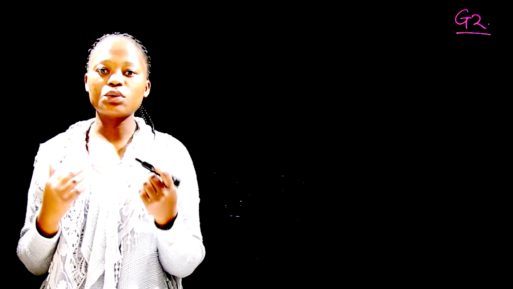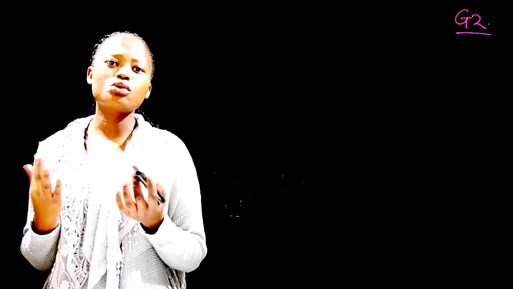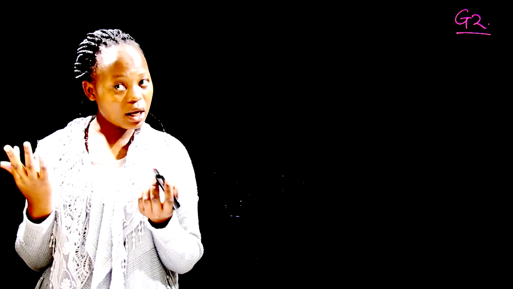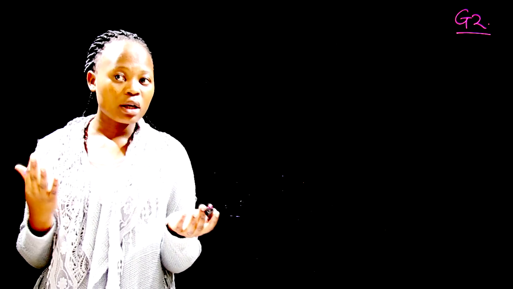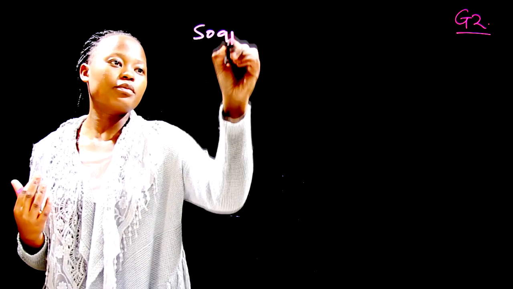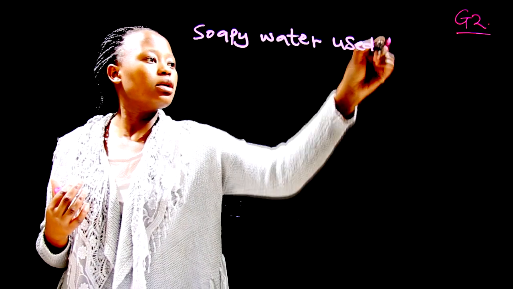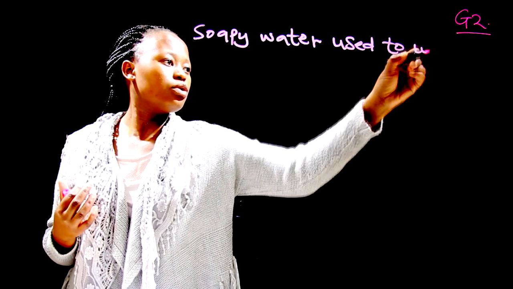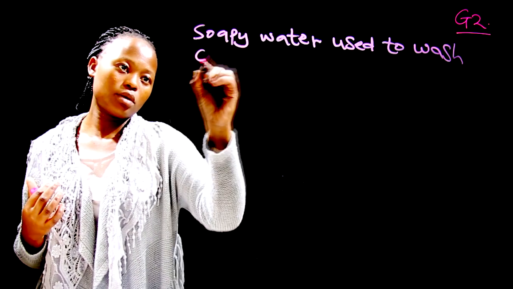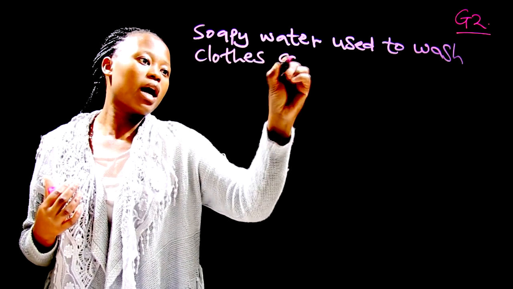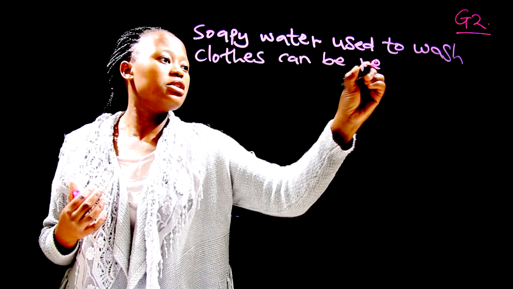Now we can reuse that water. For example, the soapy water used to wash clothes can be reused to do what? To wash the car, clean the house, to clean your shoes, to flush the toilet, to clean the latrine, or it can be used in any other way. So we say soapy water used to wash clothes can be reused